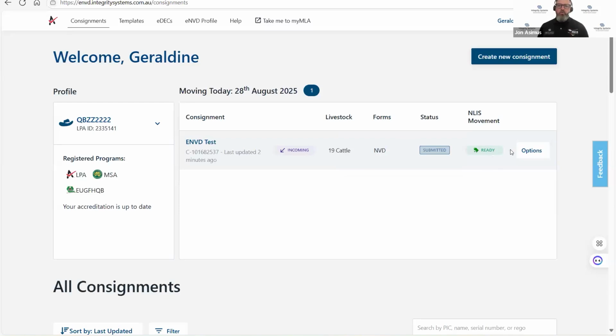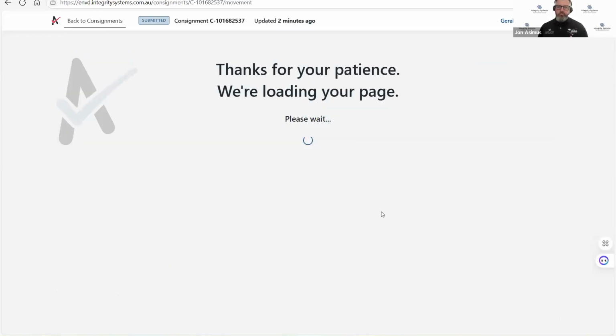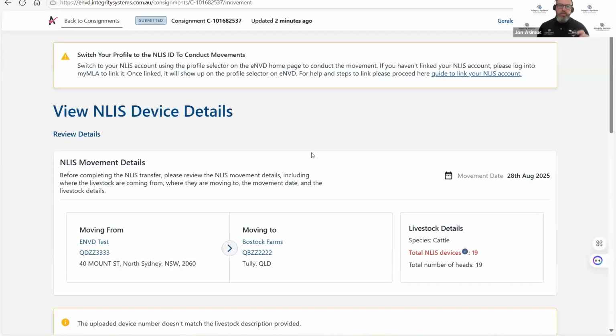So if I want to do a movement, all I need to do is just go into that eNVD. You can see that I can view the devices. If I do that, there's one important thing that I just need to call out. Because we're in as part of the LPA profile within eNVD,